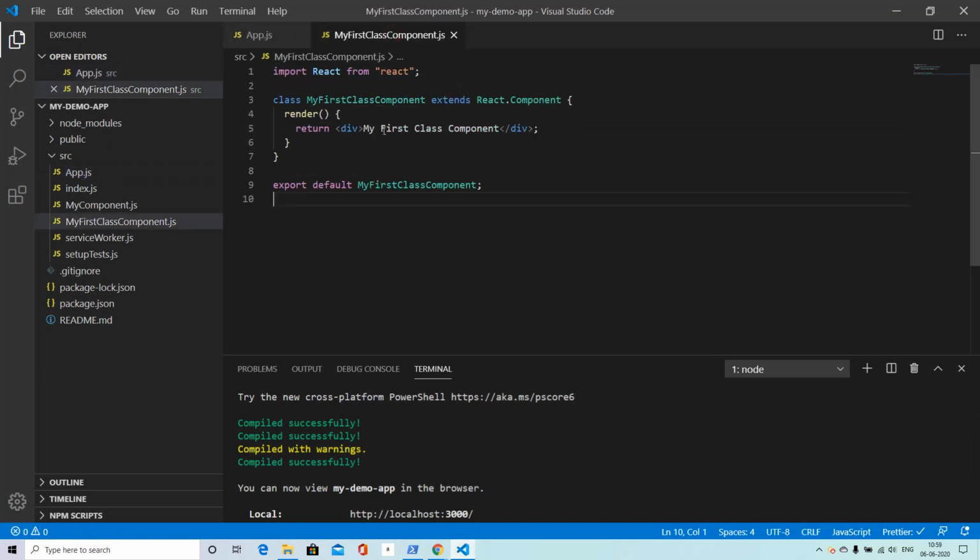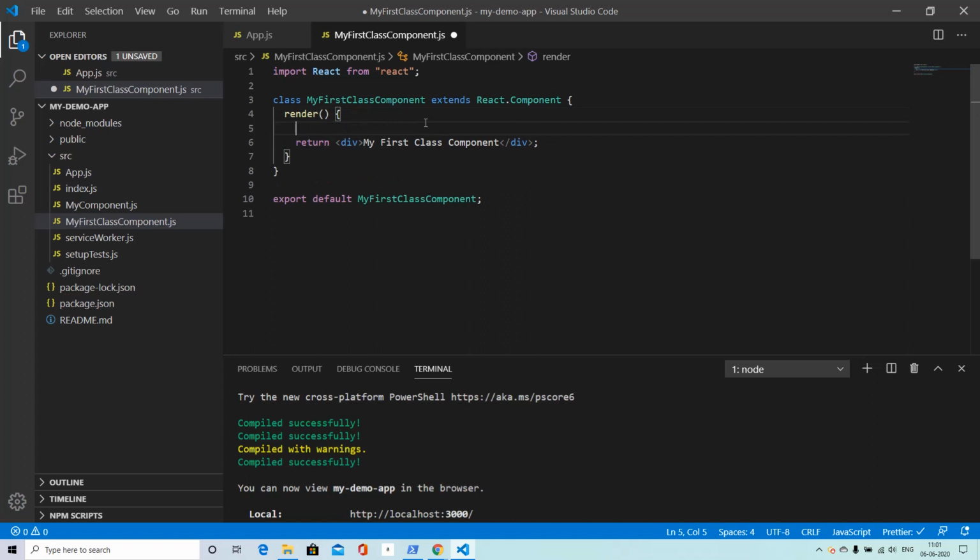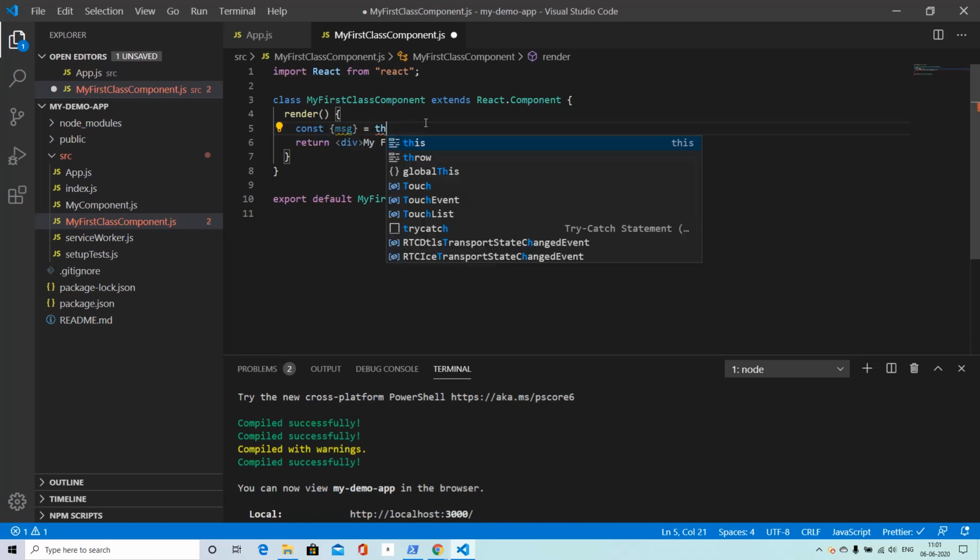So this message is coming from over here. Now I can definitely understand that this is not a very useful component, right? Just displays one message, but usually components require you to exchange props between the parent and child component. So how do you do that over here? So let's assume that we have a prop coming from the parent component, and that will be a message, and we will be using object destructuring